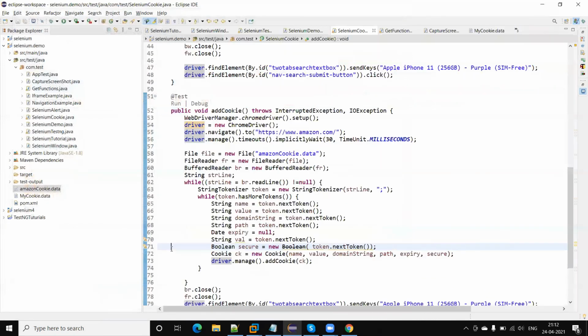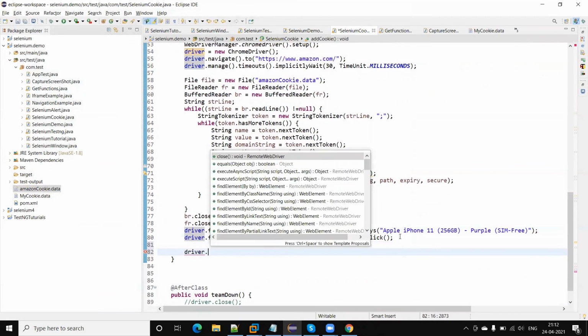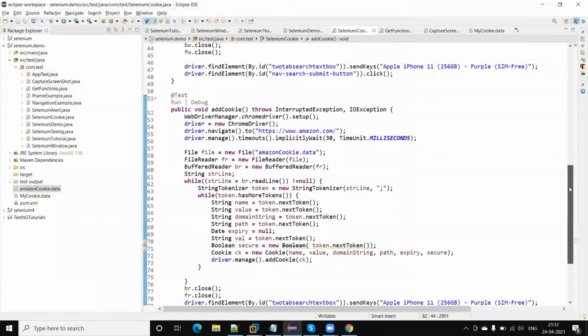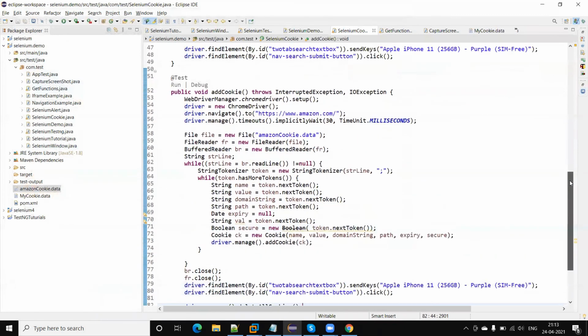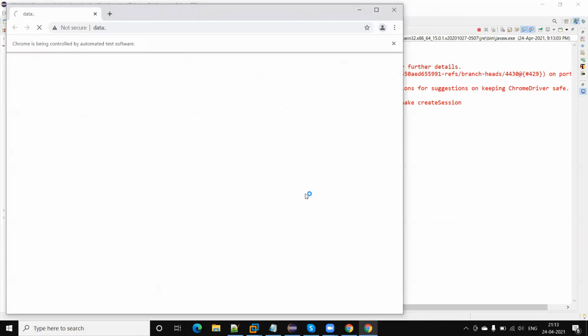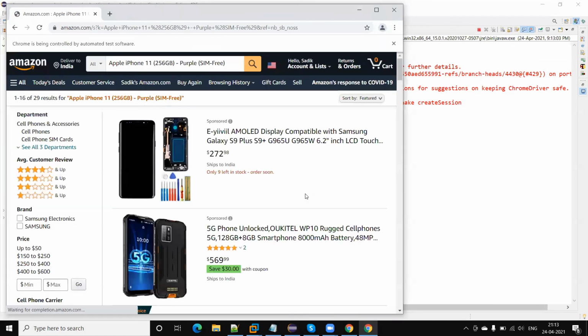Okay, so now next, how do we delete the cookie. If we want to delete the cookie, then we can call driver dot manage dot delete all cookies. So this will clean all the cookies. Now after the run, you will not see the cookie added, because first I am adding the cookie, then verifying. Okay, and then after that you will see if I refresh the page, because after that the delete cookie is run, the name will automatically be gone here.